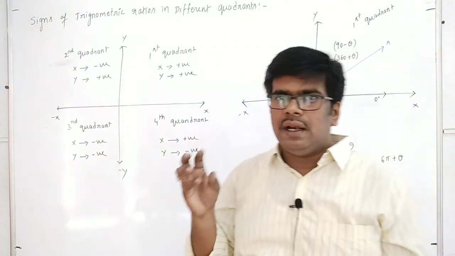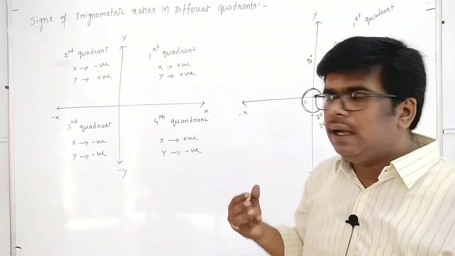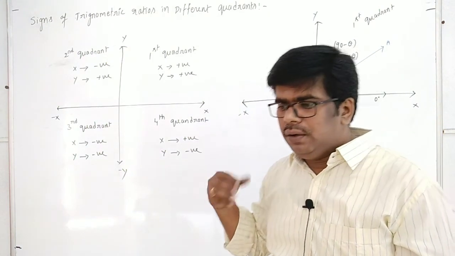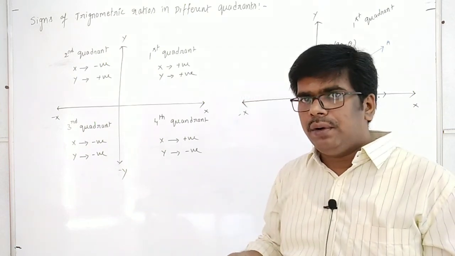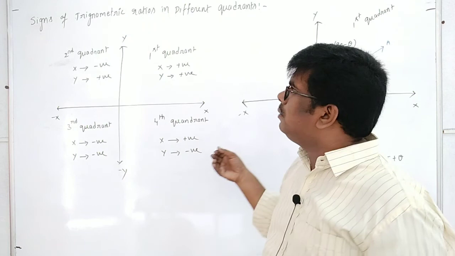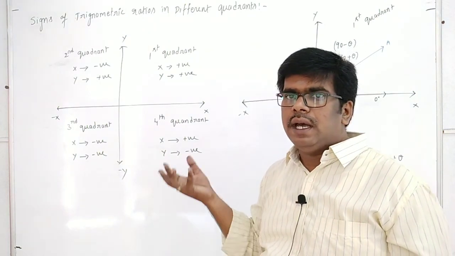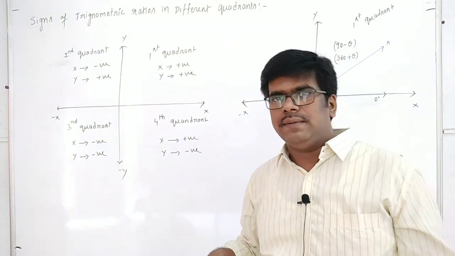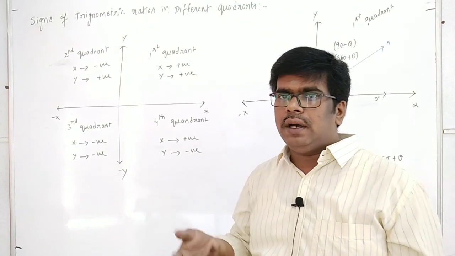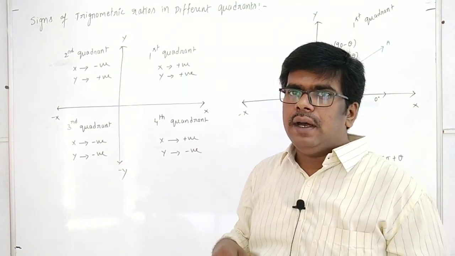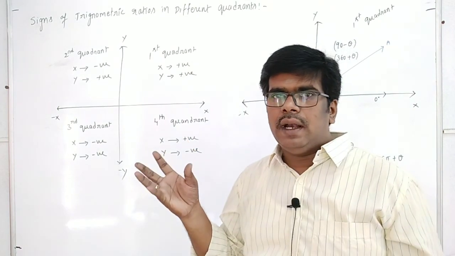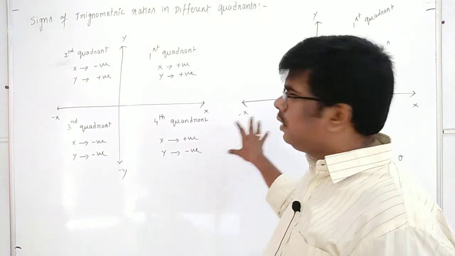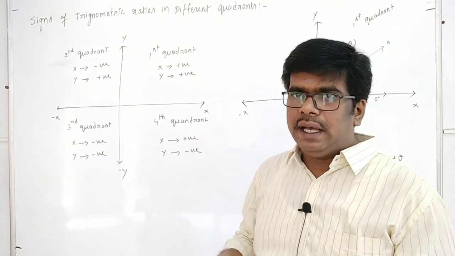So you just have to understand the logic here, because if you learn it by heart and do not understand the concepts well, when you want to recollect it, sometimes you are unable to. But if you know how it comes, if you know the concept well, any time you can recollect the formula just by drawing the coordinate system. That's why it is better to follow the coordinate system instead of memorizing the sign conventions. Then you can remember for a long time, and wherever you want to use it, you can use it directly. All that we will be discussing in the next session.